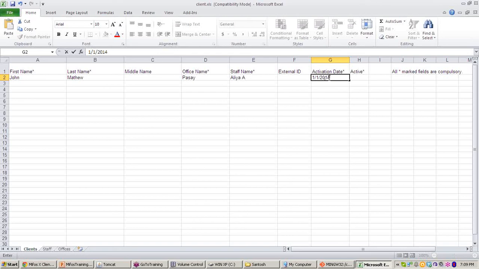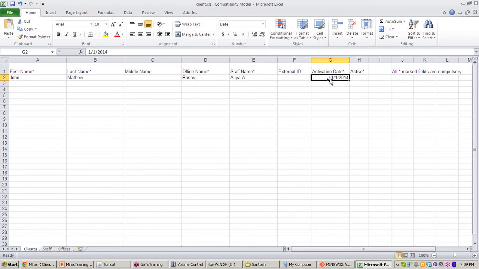1/1/2014. One more thing I need to tell you, when you enter the date here, first will be month, middle one will be date, and final one will be year. Most of the time we use DDMMYY, that is date, month and year.